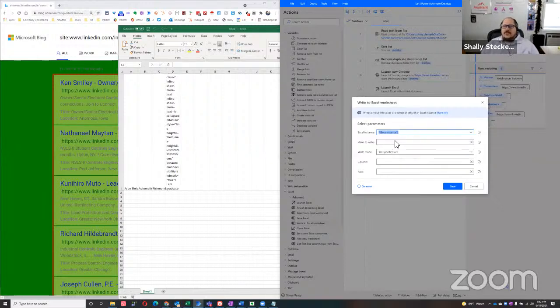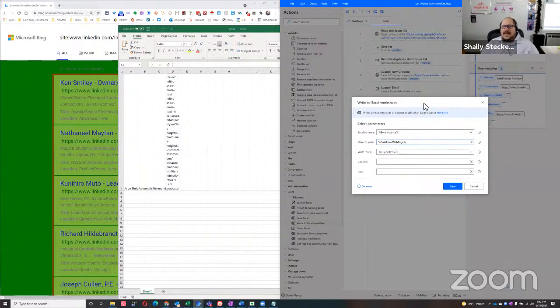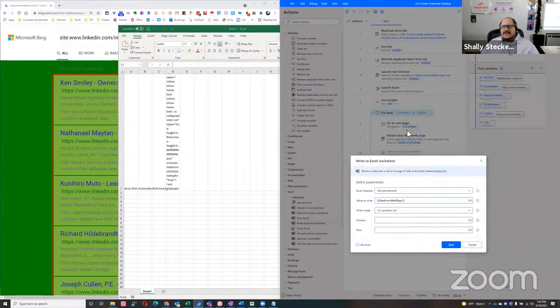And we're going to point it to the Excel instance that had been opened earlier. That's why we had to launch the Excel first, because that's how this appears here. The value that we're going to write is the value that's temporarily stored in the variable data from web page. That is the second step here. From first go to web page, then extract data, then grab this and then write it on a specified cell,